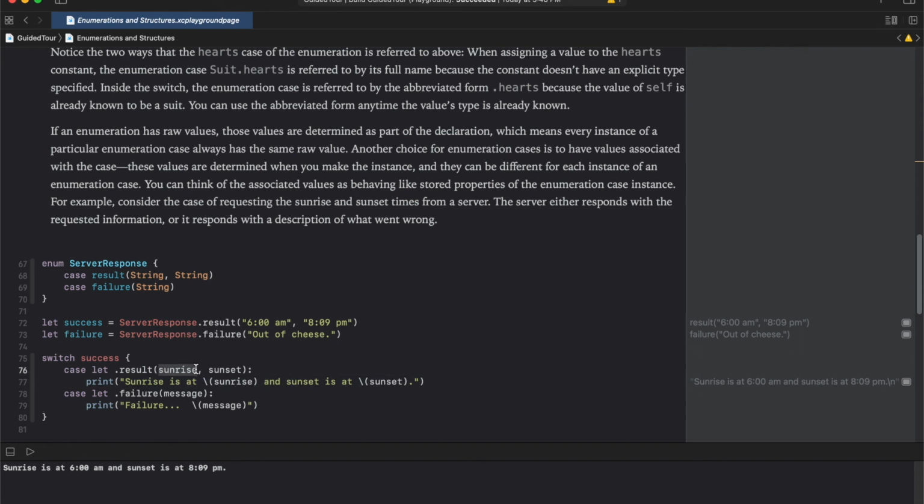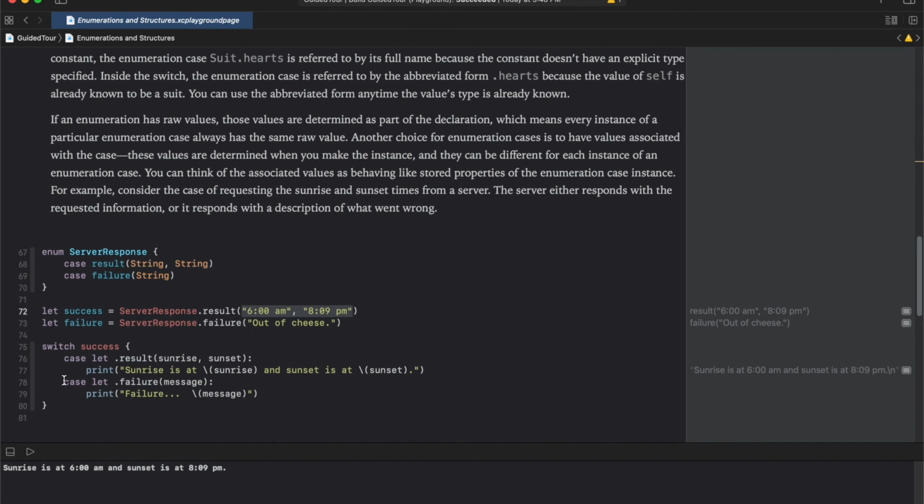The two labels passed for the result case will automatically get the two string values that were given at the time of creation of this enum. And if the case is failure for the success enum, then we are printing a failure message.